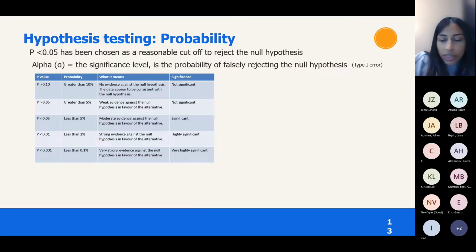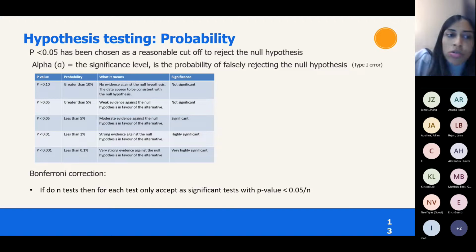We already talked about type 1 error. That's also called an alpha. And there's something called the Bonferroni correction. So when you read a study and they've investigated many, many outcomes, this can kind of be fishing for an outcome. And therefore, this significance level needs to be adjusted to account for that. And they should accept a tighter p-value. They should set a tighter p-value for a level of significance to offset